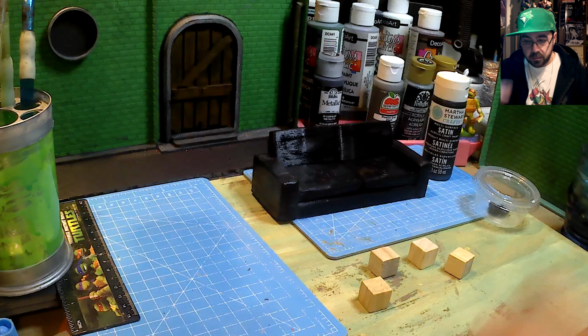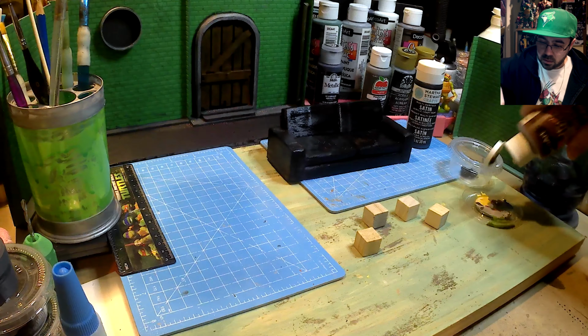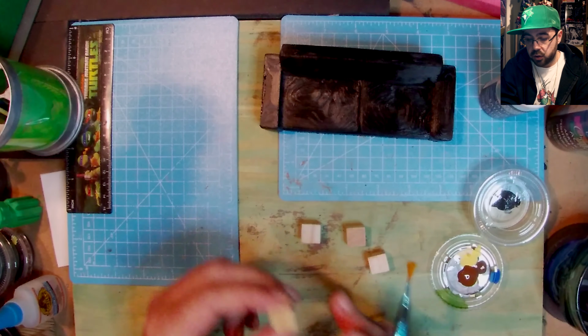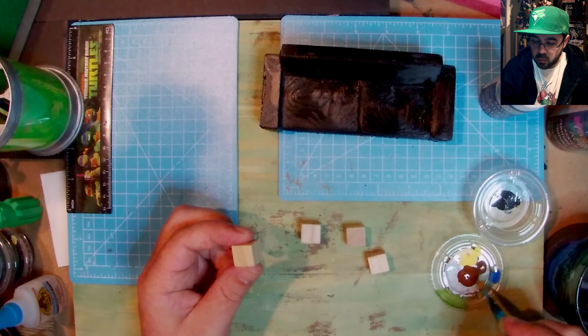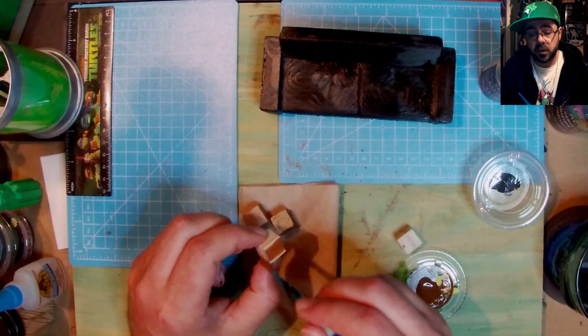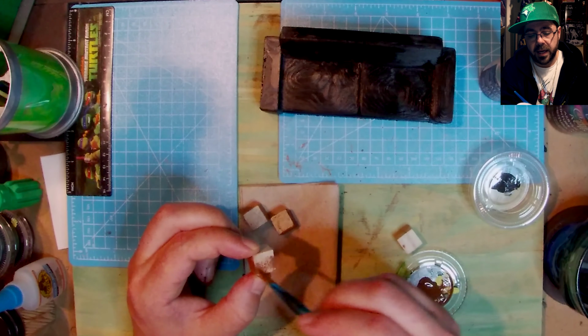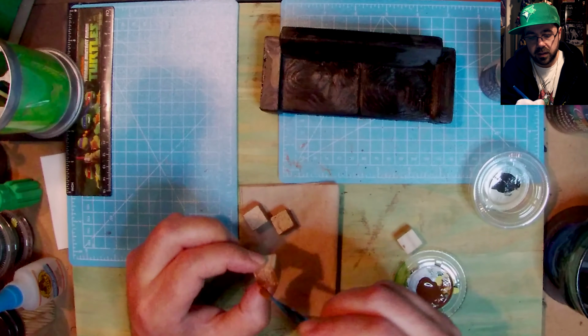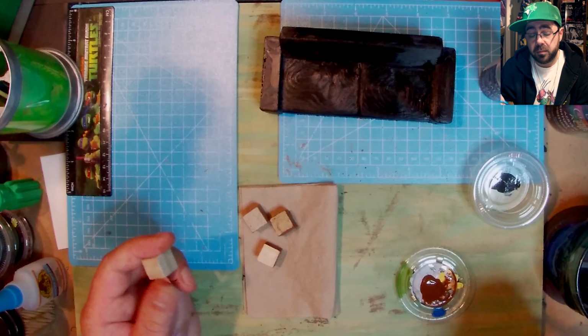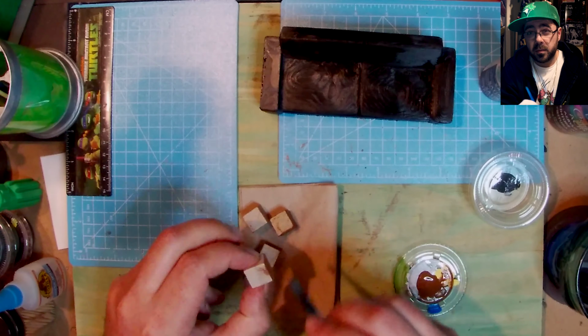First, I want to give them a little darker color. So I'm going to use some cinnamon brown, and I still want the wood grain to show through, so I'm going to mix in some water with that brown to have more of a wash. I usually film these videos in time lapse, so I'm going to try and do this as fast as I can. Figured it's a pretty short video because the 3D printer already did most of the work,